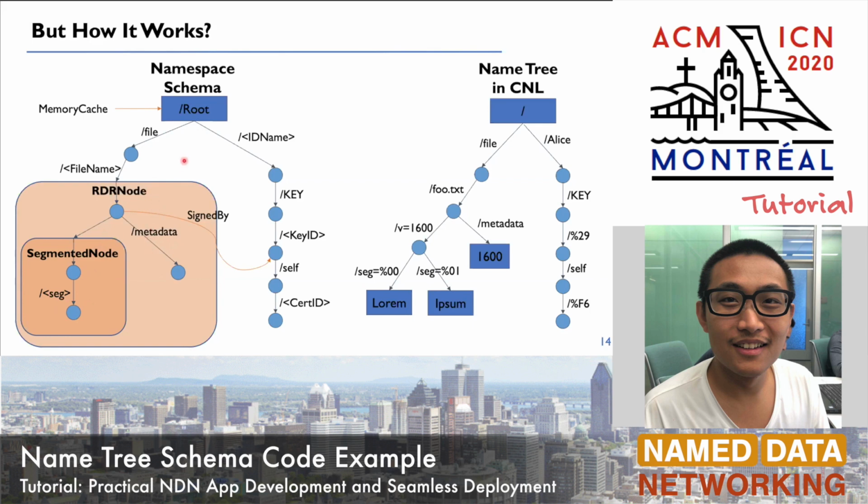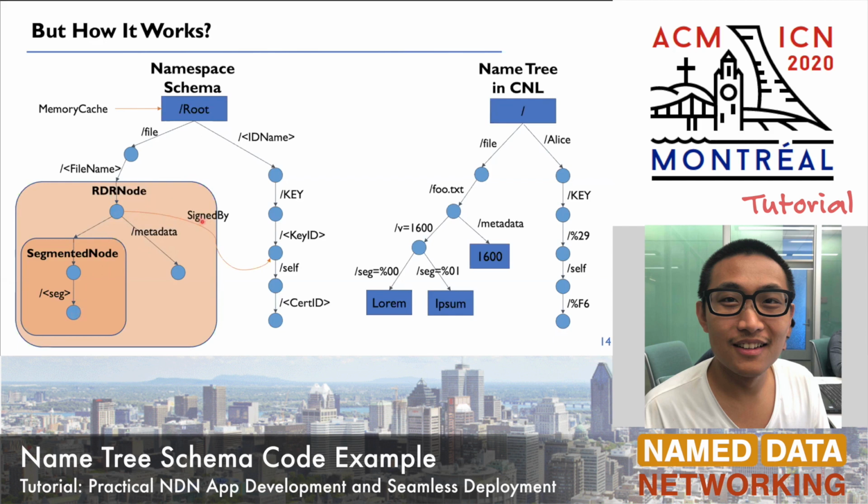And when the consumer consumes this file, it is similar. We just use match/file/full.txt. So it goes to RDR node, and we call RDR node's need function. So RDR node will first call the metadata's need to get the version number, and then call the segmented node's need. Here, when a packet flows to the leaf node, so it will see that